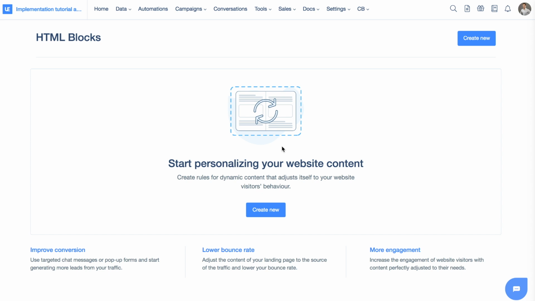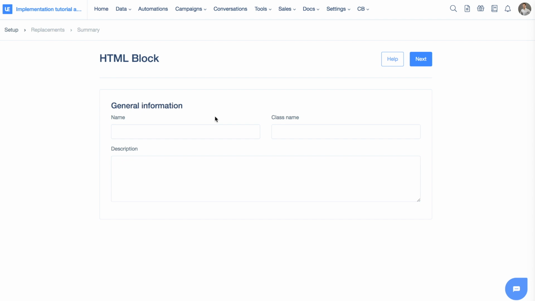And the one that you've prepared can include user-receiver tags. So something like receiver first name. So you can customize and personalize your website experience to include customer data. Right, now let's create a new HTML block. I'm sure you're a little bit familiar with this view because it's very similar to the way campaigns work. I have to provide a name for my HTML block,